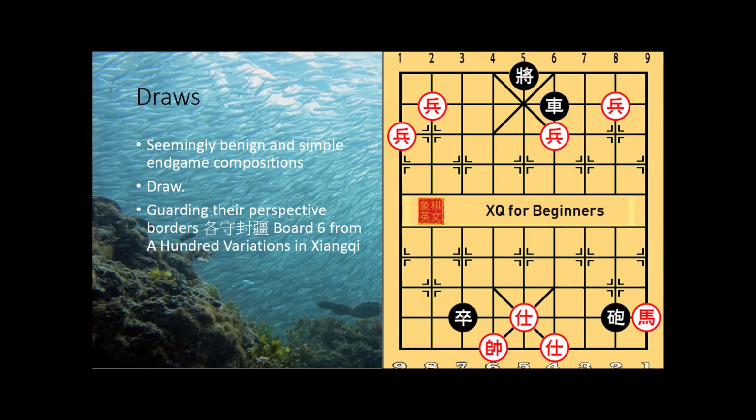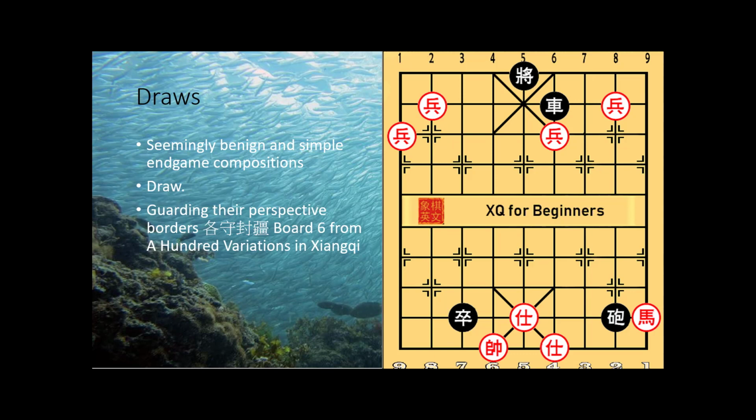There are also draws in the ancient manuals. In the earlier ancient manuals, most of the puzzles were by red win. However, as the level of skill slowly improved, puzzles which ended in draws slowly became more and more popular. And most of these puzzles are seemingly benign, and they are anything but that.